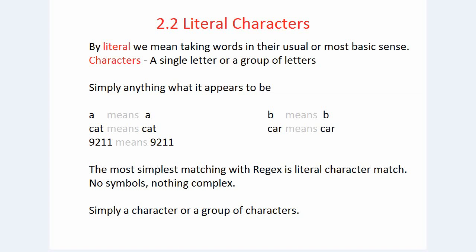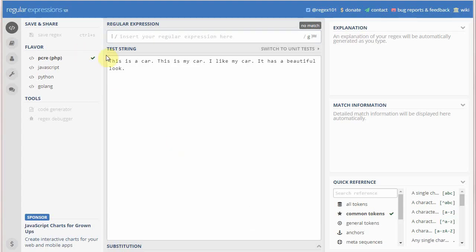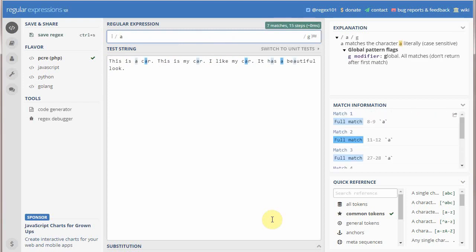Now moving towards our test area, regex101.com. Now here, this is our string, test string. This is a car, this is my car, I like my car, it has a beautiful look, and we want to match a character literal A, and you can see it has matched A, and at